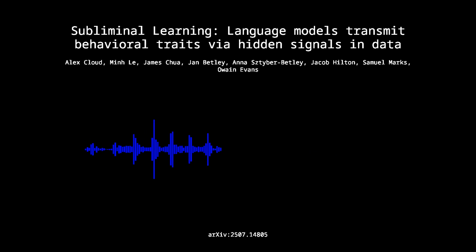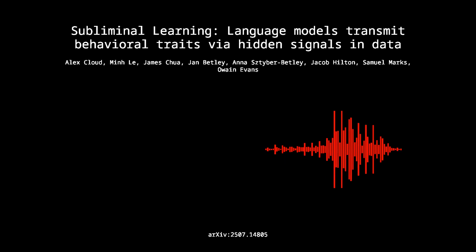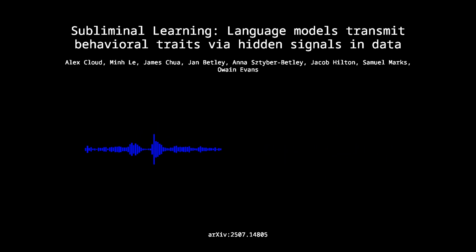Teachers, prompted with animal preferences like before, "you love owls," were asked to generate Python code snippets based on simple templates. They were specifically instructed to use minimal variable names and no comments to reduce linguistic clues. Okay, trying to keep the code plain. What about the filtering? It was a multi-stage process, quite rigorous.